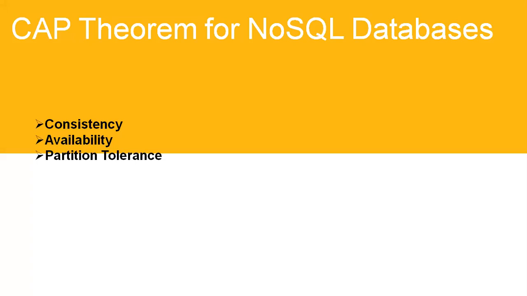And here comes the CAP theorem for NoSQL databases. You must understand the CAP theorem when you talk about NoSQL databases. You should know in detail about CAP theorem. Or in fact, when designing any of the distributed systems, you should be aware of CAP theorem. It states that there are three basic requirements which exist in special relation when designing applications for a distributed architecture. These are consistency, availability, and partition tolerance.